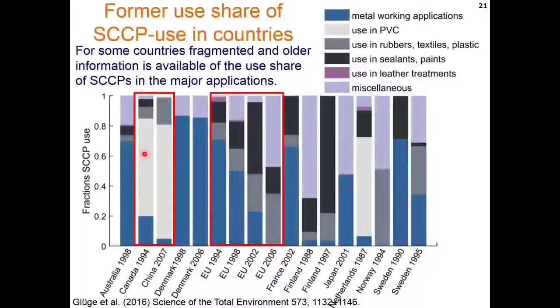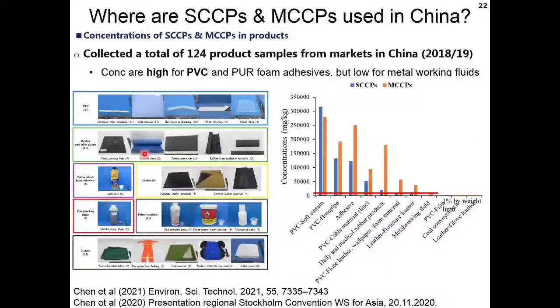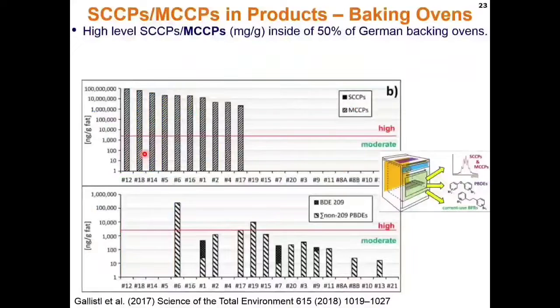Also a recent study from China from 2020 indicates that 80% of chlorinated paraffins, including short-chain chlorinated paraffins, go into PVC production. So PVC, rubber, and polyurethane foam in China are of major relevance, but we do not have any data from the Middle East. So this is the assessment. I give you the reference so you can have a look at that paper on how chlorinated paraffins are used in China. And I give you two case studies where you see how these chlorinated paraffins finally lead